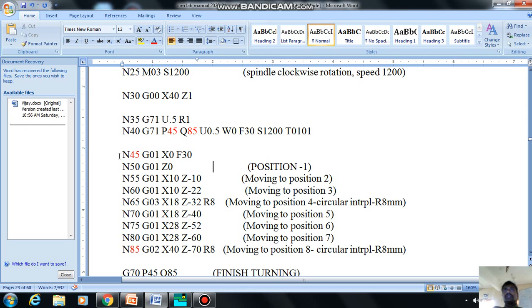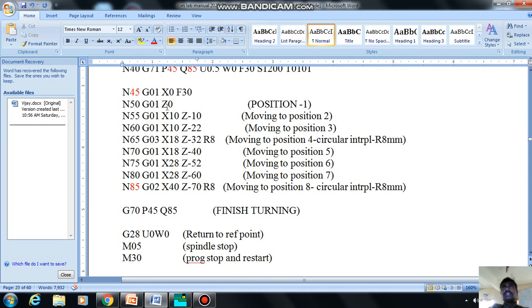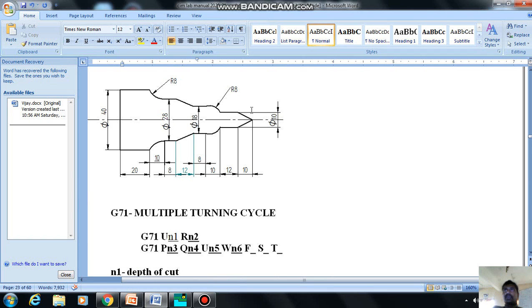So here the G01 Z0, in the sense this is the first position we are going to bring. So the X0 is G01, X0. Here in this case we are going to imagine that the tool path is final. This is the path. So here 1, 2, 3, 4, 5, 6, 7, 8. This is the path of the tool. I have made the path of the tool as 1 to 8. So 1 is 0, which is 0. Diameter is 0, so X is 0, and the length is also 0, Z is 0. We are coming to the point first, X is 0, Z is 0.